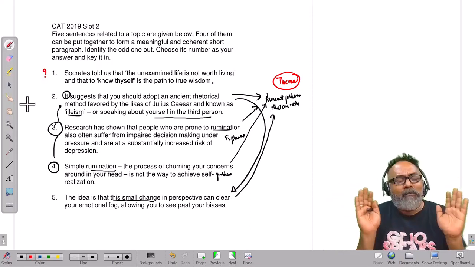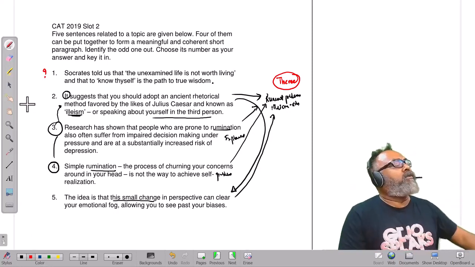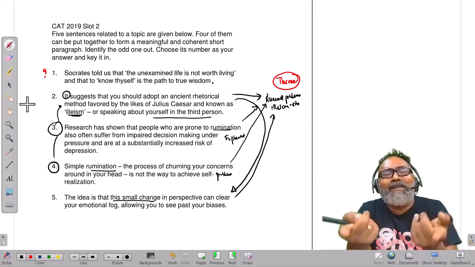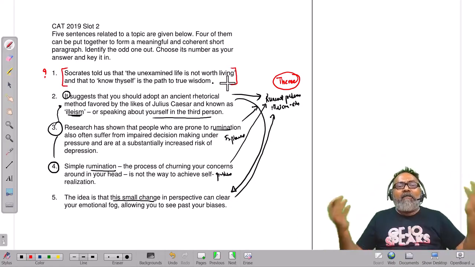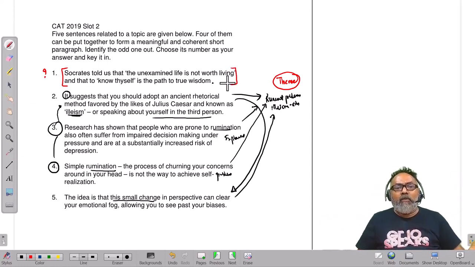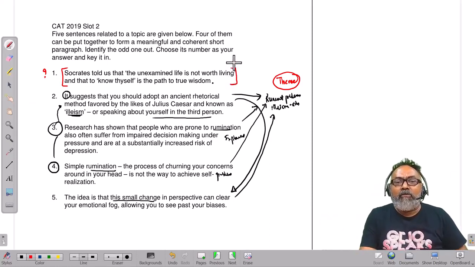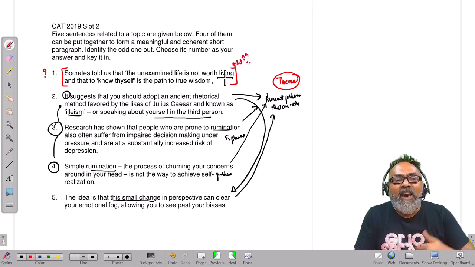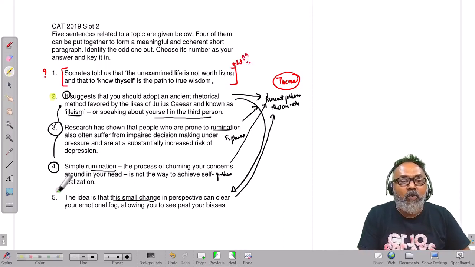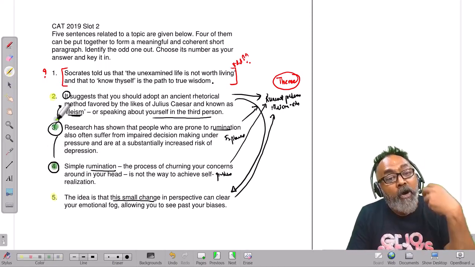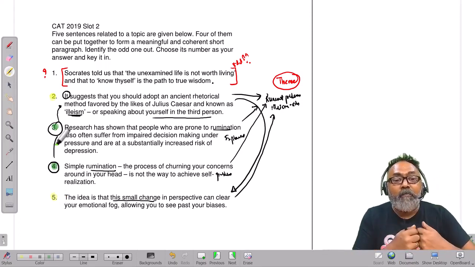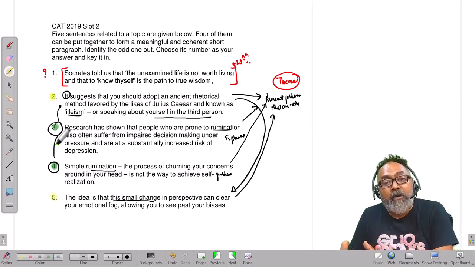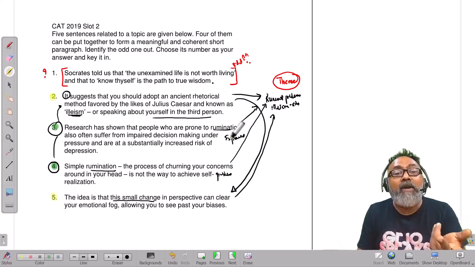After all that, there's some discussion going on. Suddenly, Socrates told us. What is this? You look at this odd sentence and ask, where can I connect this sentence? To anywhere? This sentence is truly odd. Which sentence can I relate to? I can at least get a connection between 2 and 5. I can connect 3 and 4 together. I can connect 3 and 4 as a block, going to 2 and 5 as a block. Or 4, 3 as a block, going to 2, 5 as a block. It's talking about a problem, then an alternative. Problem and an alternative. Where will I connect 1?